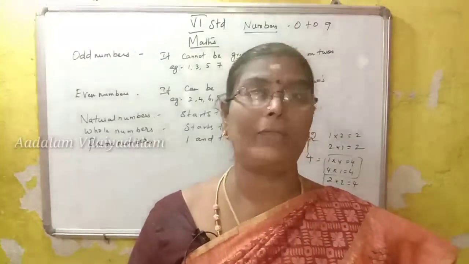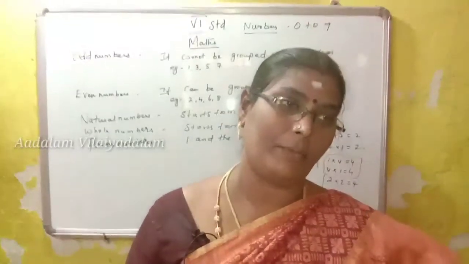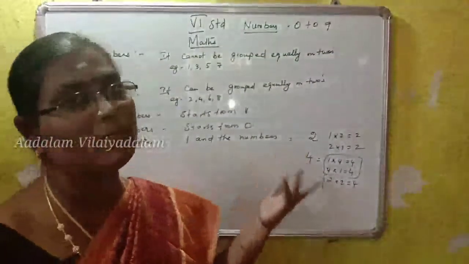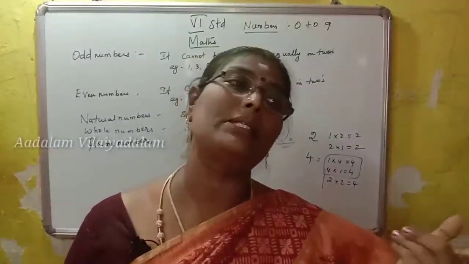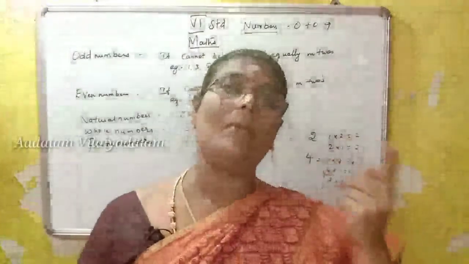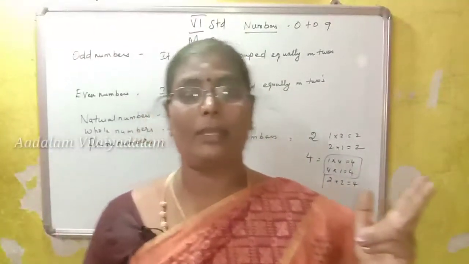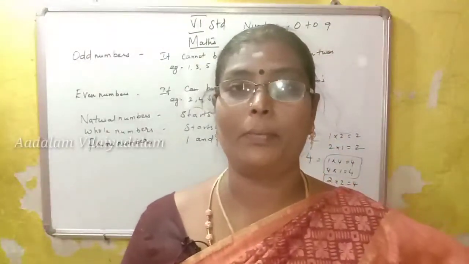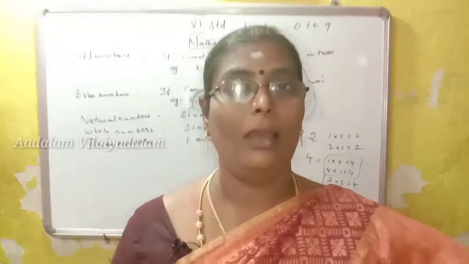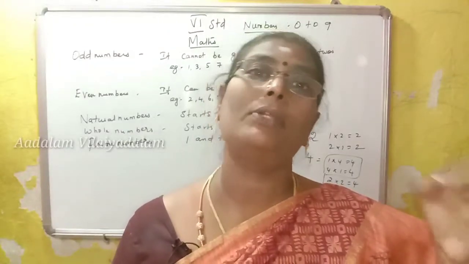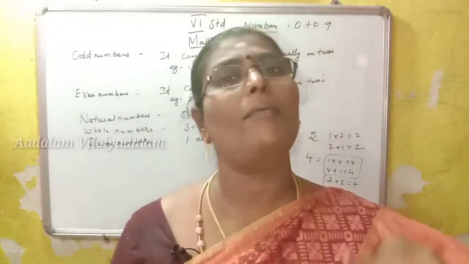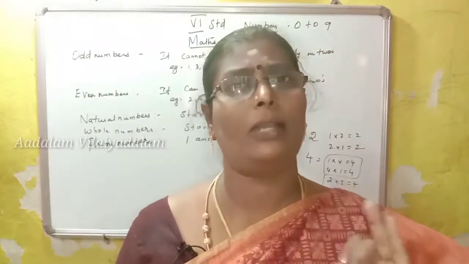If you take 15, 1 15s are 15, 15 1s are 15, 5 3s are 15, 3 5s are 15. So many tables of 15 will come. So 15 is a composite number. Okay, 4 is a composite number, 2 is a prime number, 3 is a prime number, 5 is a prime number. 5 comes in only one table and the 5 table you'll be getting. And then 7 is a prime number, 11 is a prime number, 13, then 14, 15, 16 don't come, 17 is a prime number. 17 has 17 ones and then 1 17s. That's only 2 tables you can come across.